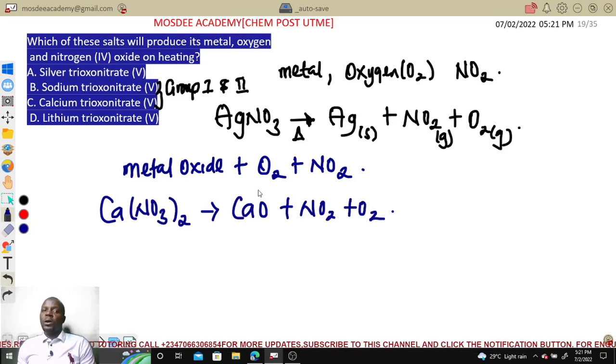So most nitrates of group 2 and group 1 will definitely give you metal oxide. The question asks you to look for the one that gives you a metal, oxygen, and nitrogen oxide. So because of that, this is the answer to that. I hope students understand the concept. It's a simple thing of observation and experiment. So the next is